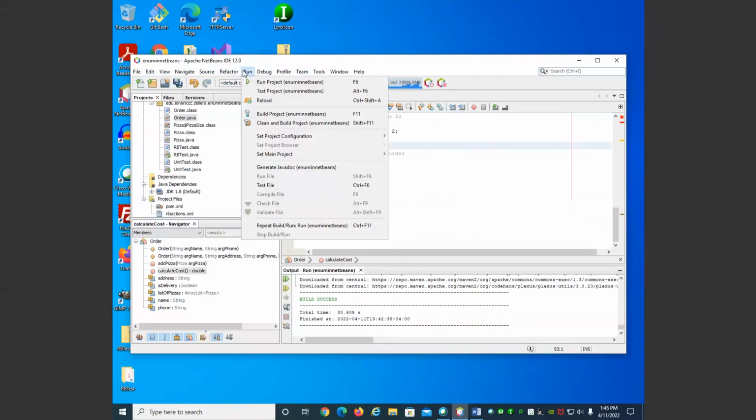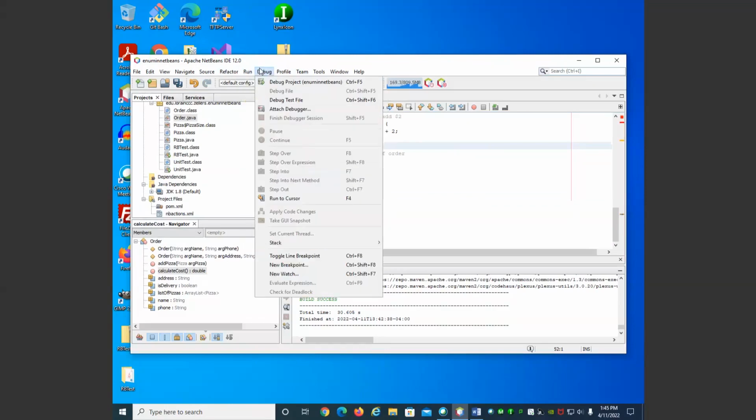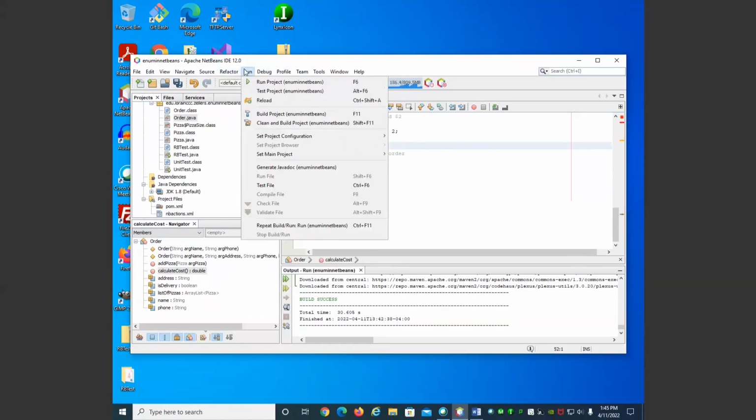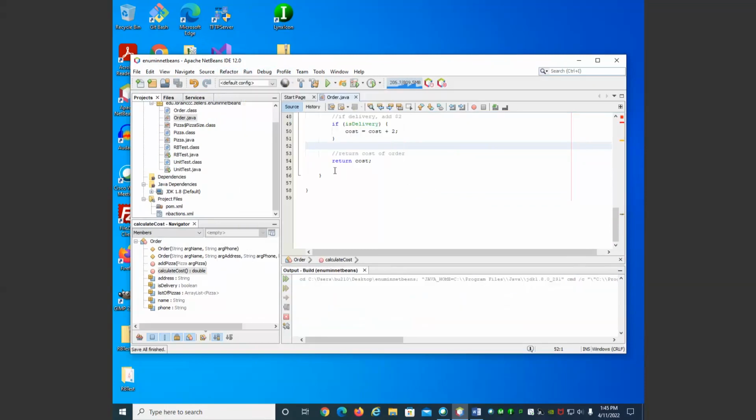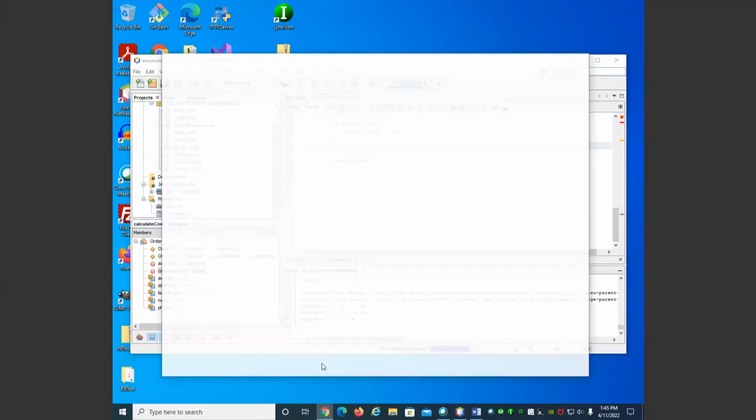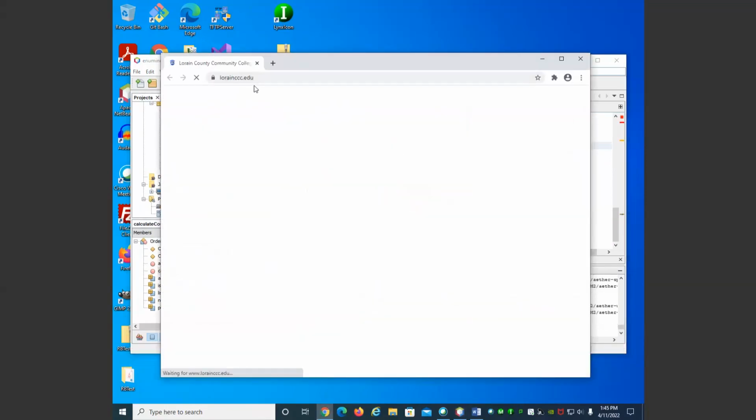Other things that we can do, we can generate JavaDoc. What is JavaDoc? JavaDoc is a set of web pages that look like the official Java documentation. So like, for example,